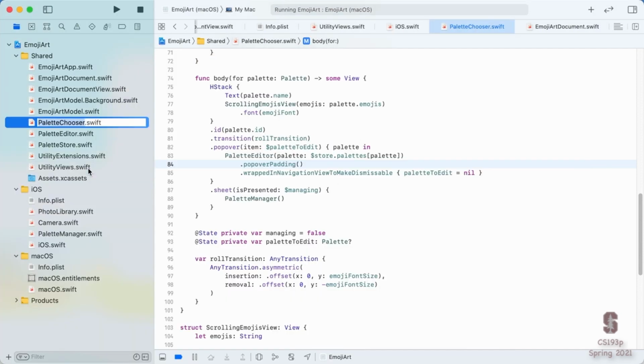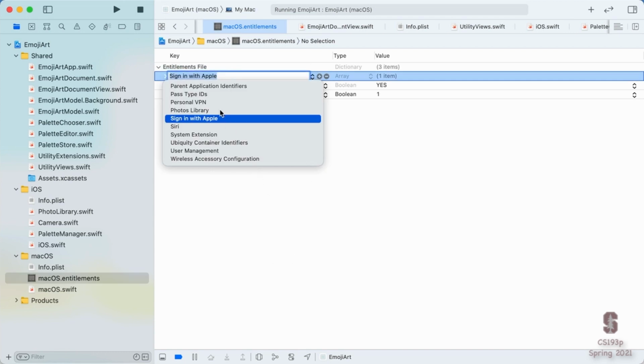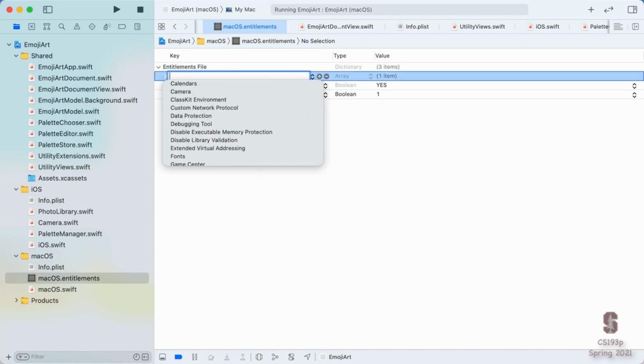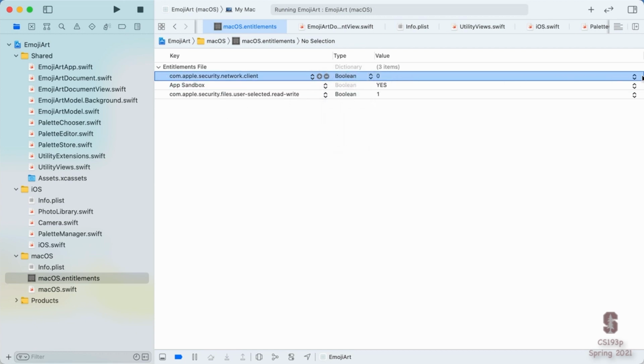Well, that's back to our entitlements. Again, on Mac, you can't just go around willy-nilly accessing the system. You need to ask for and essentially be granted the entitlement to do that. And accessing files over the network is one of those entitlements, as is reading files. You can see out of the file system, we already have that entitlement. So let's add that entitlement. We're going to add a row here. It's com.apple.security.network.client, and this is a Boolean, which we want to be YES or 1 there.